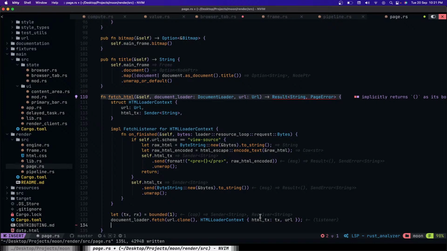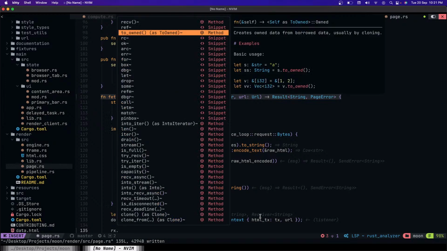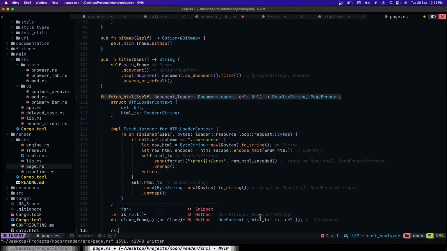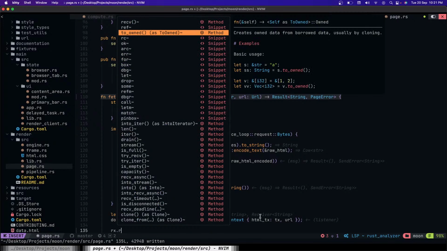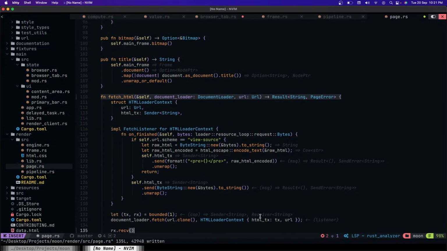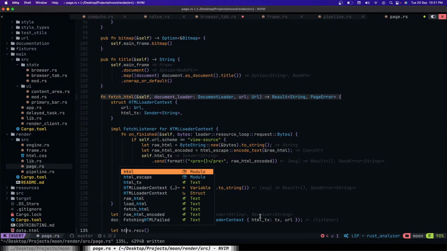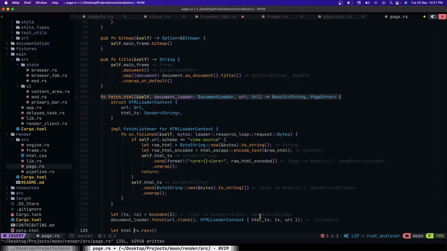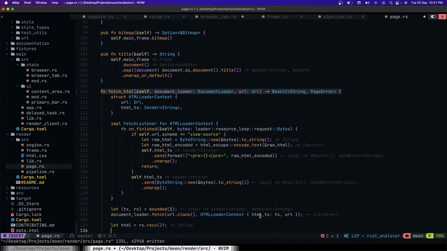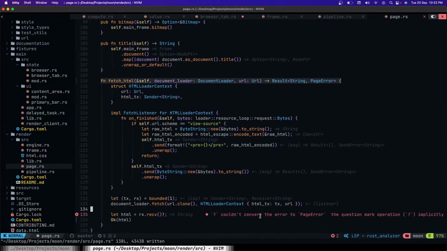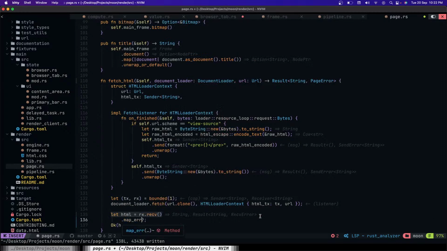And here we can just return rx.receive. Yeah. So HTML equal that, and return OK HTML. Yeah, and we can convert it so we can map the error